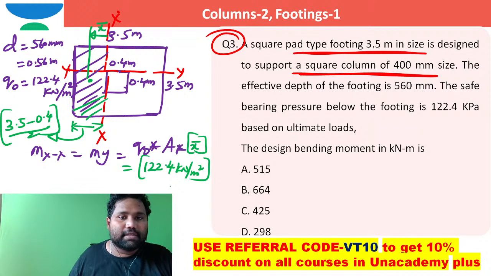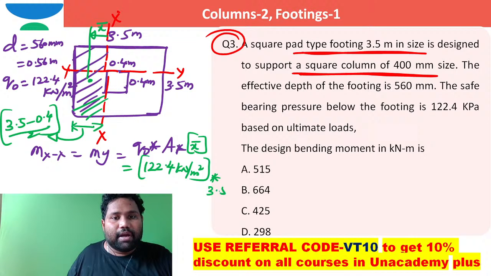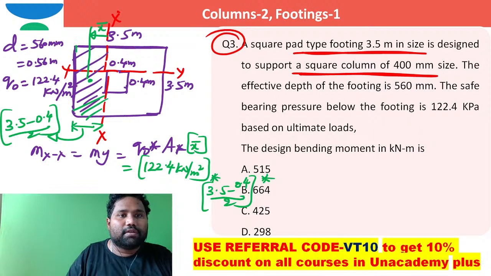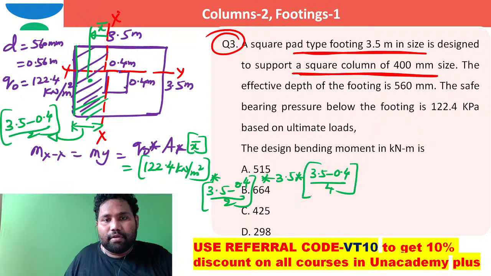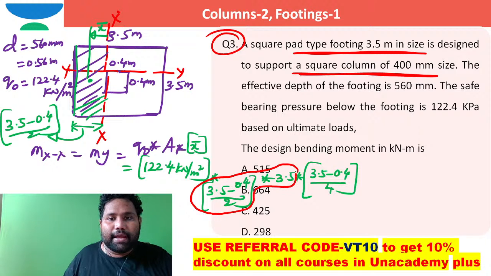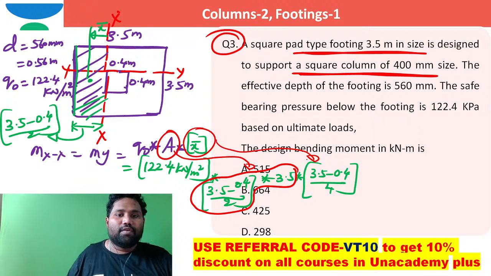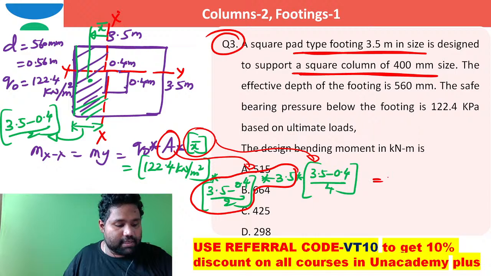So I can write directly area as 3.5 minus 0.42 into this width. This width is already 3.5, right? Into x bar. How much is x bar? 3.5 minus 0.45. You can see this is area A. This is x bar. If you do this one, definitely you are going to end up with this answer